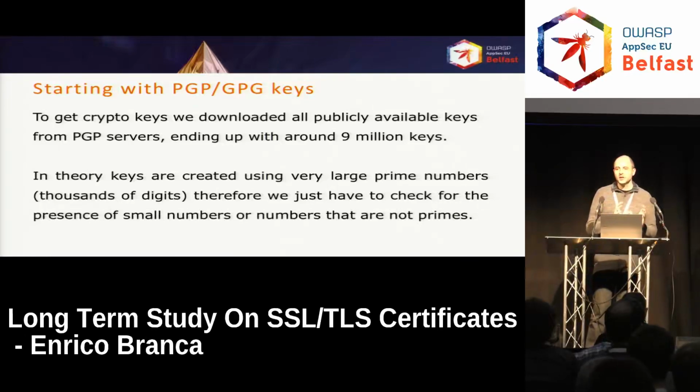The data set of PGP keys is around 4.5 million keys, but every key that is reported as a key is what is called a key set. So each PGP key is a combination of keys. And because it's a combination of keys, I have to unpack each key and get all the individual keys that are in each of the main keys. The result is that I had around 9 million keys, and in theory, these keys, because they're used for file encryption, have a higher level of scrutiny. And in theory, we shouldn't have any problem with them.